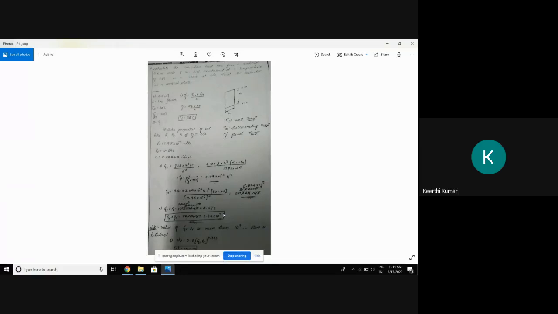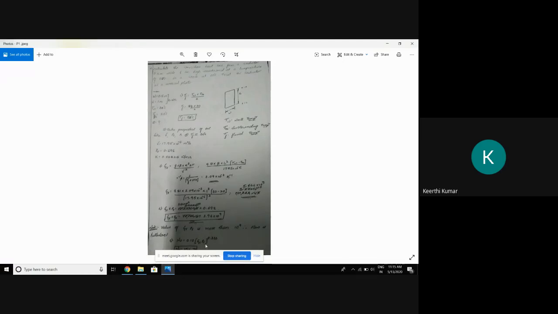Can you see that? Yes, sir, we can see. So, see, this is why I am saying that I cannot solve the problem just by varying this value of Grashof into Prandtl number. You should know if it is more than 10 to the power of 5, this formula holds good. If it is less than 10 to the power of 9 and greater than 10 to the power of 4, go for table number 1.1. There we will have a Nusselt number formula. If it is still less than 10 to the power of 4, then go for equation number 1.2. Like that, you should decide which Nusselt number formula to use.